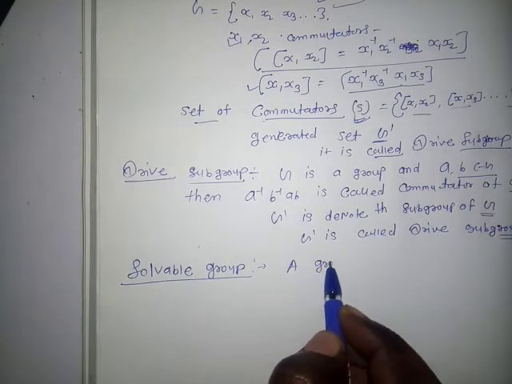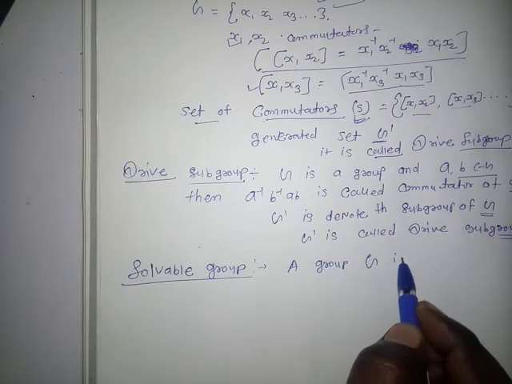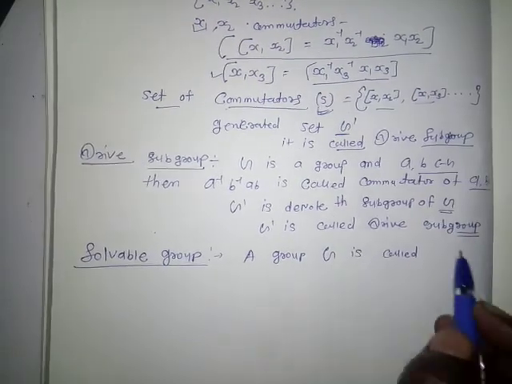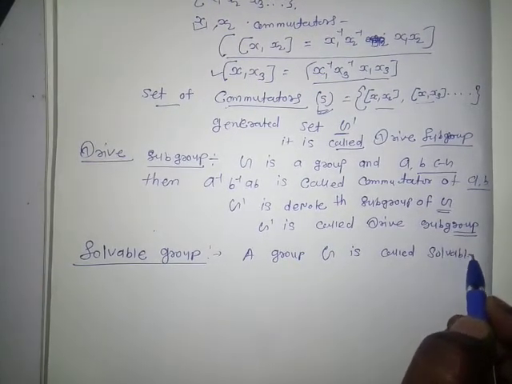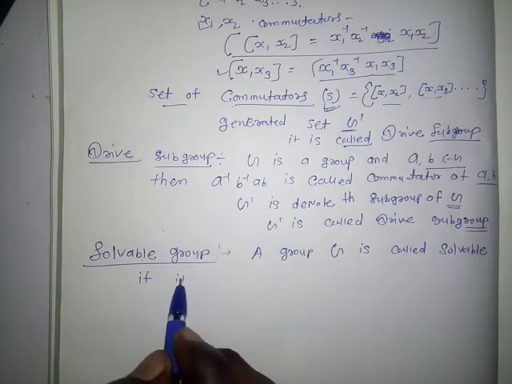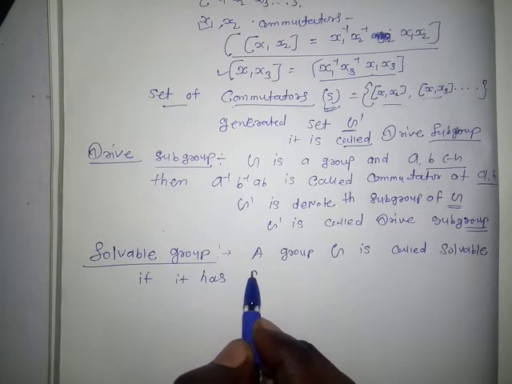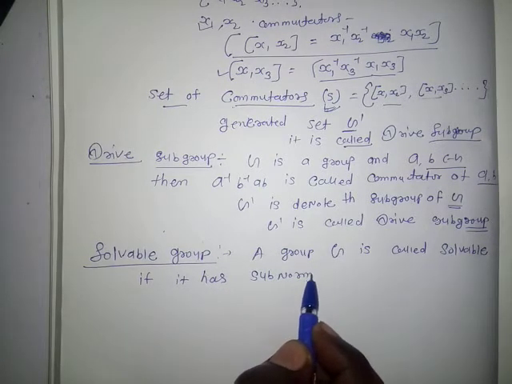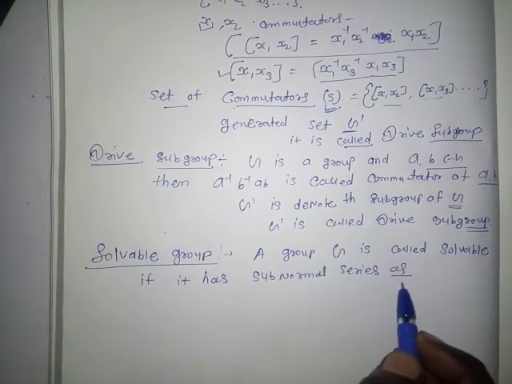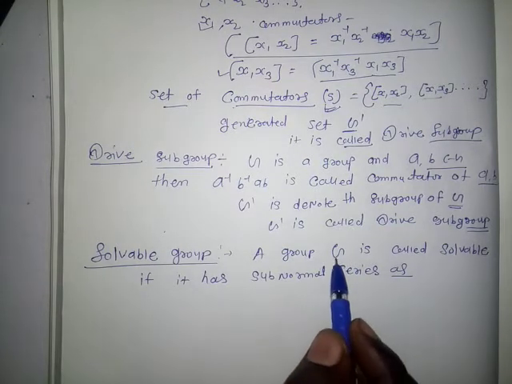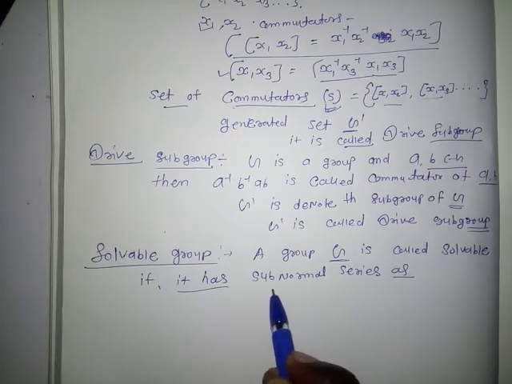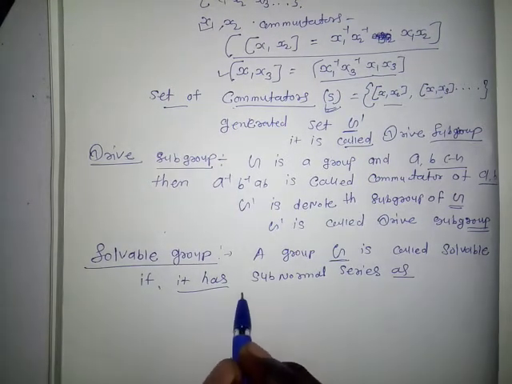A group G is called solvable if it has a subnormal series. Okay students, a group G is called a solvable group if it has a subnormal series like G equals H0,